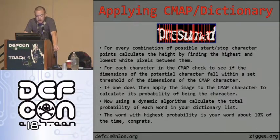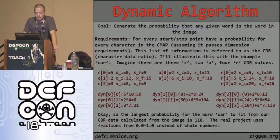Now, using a dynamic algorithm, calculate the total probability of each word in your dictionary list for matching that CAPTCHA. The word with the highest probability is your word about 10% of the time. Okay, so this is the dynamic algorithm, which just generates the probability that a word matches your CMAP, or the ratio data that you calculated with the CMAP. So every start and stop point that have a probability for every character in the CMAP, assuming that it passed the dimensions. This list of information is referred to as the CDR, and I'll illustrate this with just the